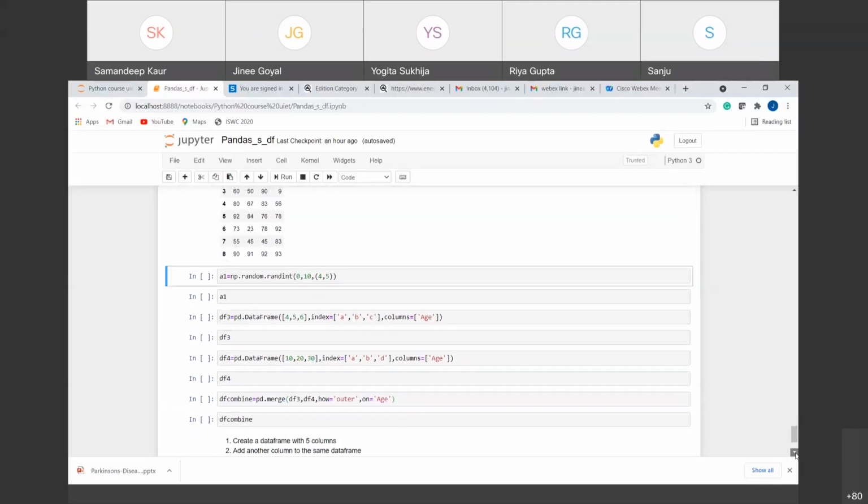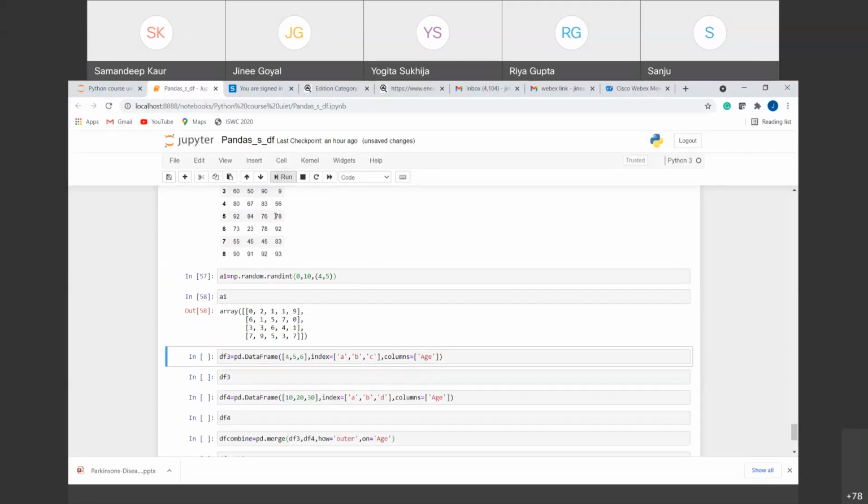Next, let's suppose we want to do some other manipulation also. Let me add another random data. Same way, I'm adding 0 to 9 values, and it will be a 4 by 5, that is 4 rows and 5 columns. Let me run this, and you can see that I have 4 rows and 5 columns inside it.